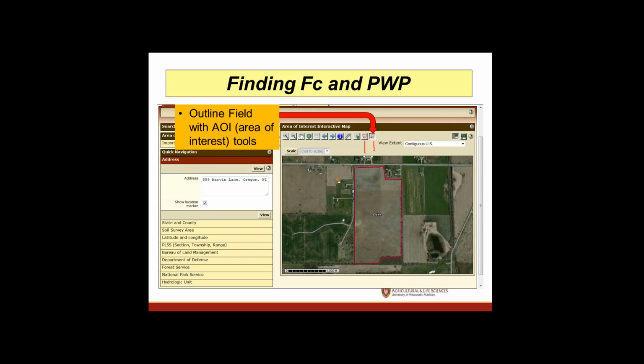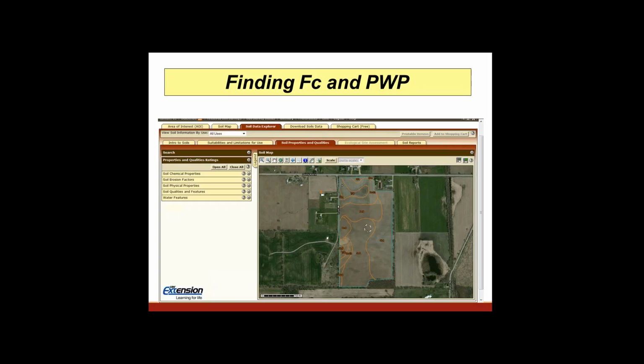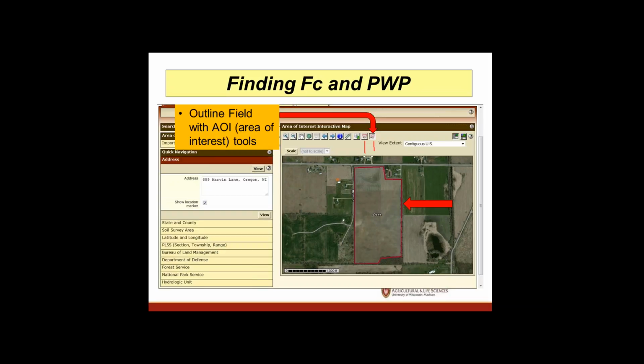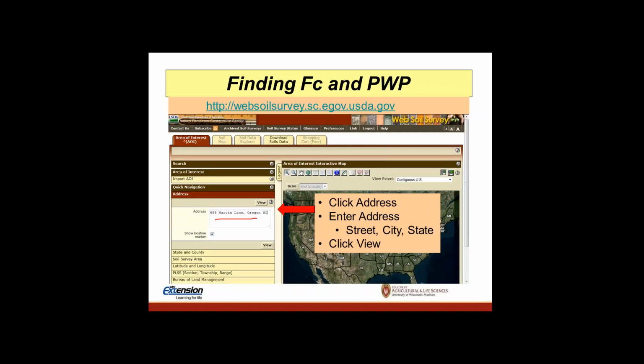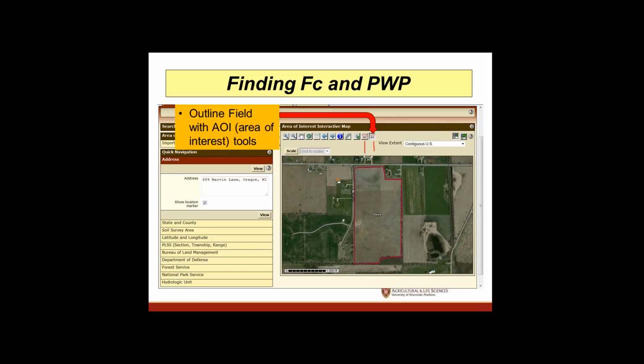So I'll show you this after we go through it. So you get the outline of the field. The next thing we do, so we started on the area of interest part of this. And the next thing we're going to do is go to